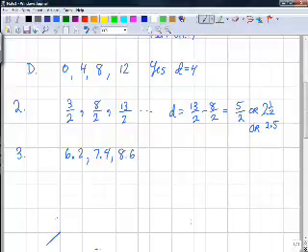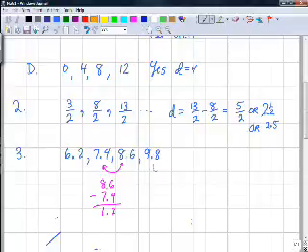Or if you wanted to say that is 2.5, that's fine. You can find the common difference by doing a subtraction at any time. Okay, number 3. What's the next term in the